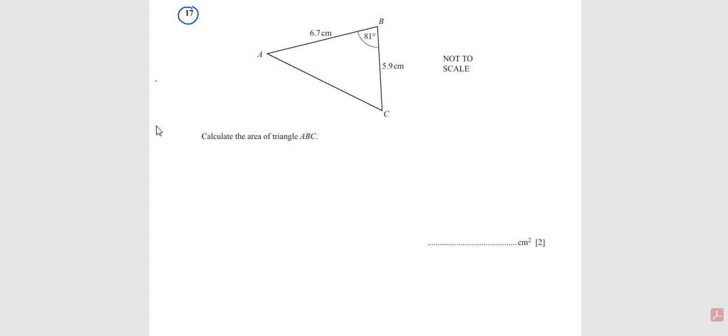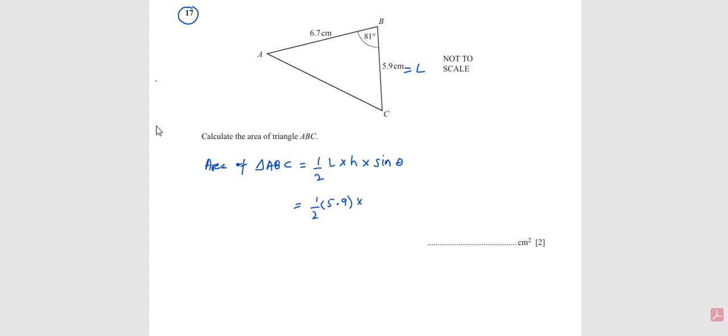To calculate the area of this triangle with two sides and one angle, area of triangle ABC is equal to 1/2 times length times height times sine theta. So 1/2, this one is the length,